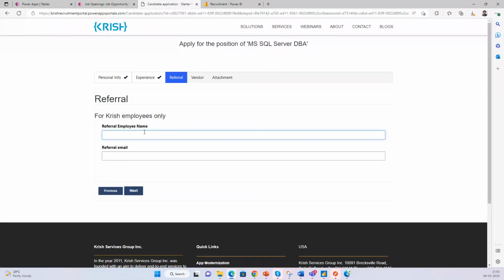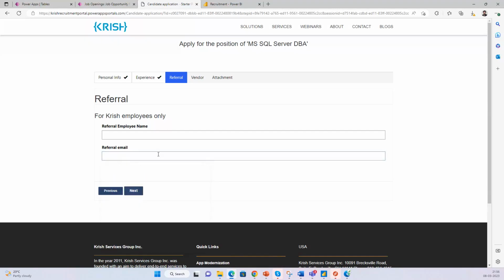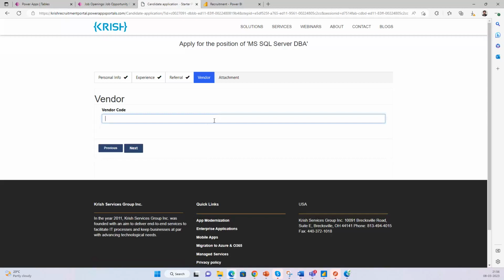Okay. So now it went to referral. Referral is for internal referrals at Krish. Whoever is referring a particular profile can put in their own email. We accept only Krish emails here. So for now, I'll skip this. I will try to enter the job as a